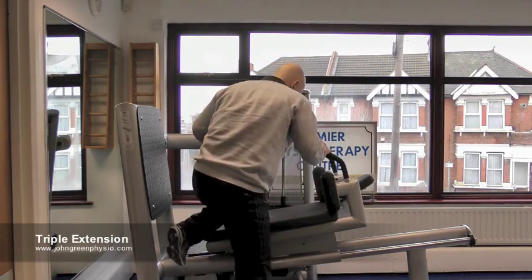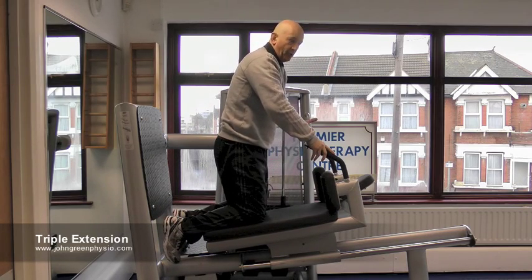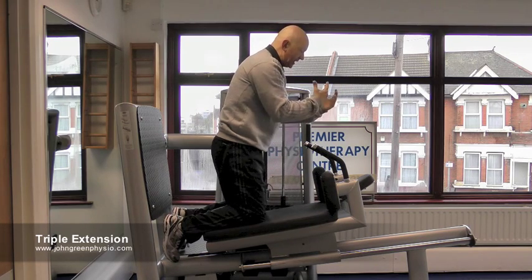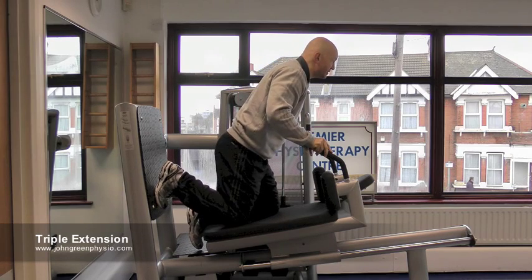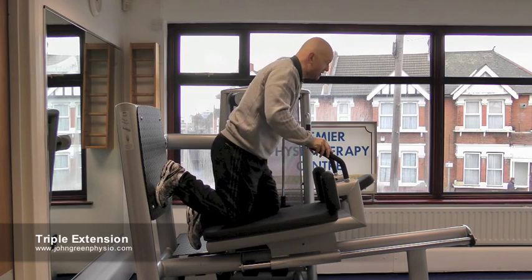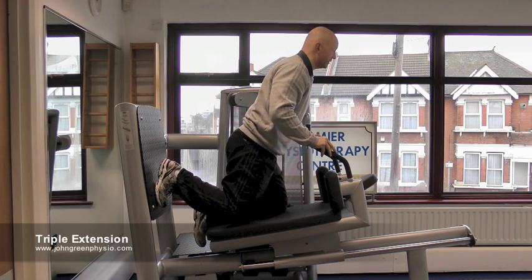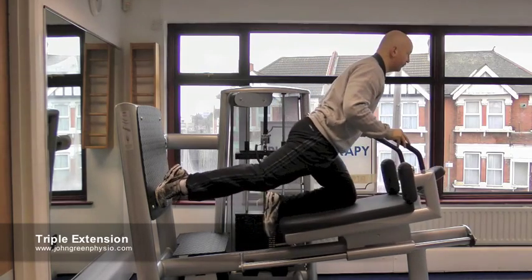Now, again, we've mentioned already that this machine in your gym may very well have a back on it and have a proper seat. If it does, just hold on to the seat, put your chest against it, and then you place one foot on the foot plate, as in this position here. The other knee rests on the bed of the machine, and then from this position I'll hold my body as if I was leaning against the back of the seat, and then you can now drive the knee fully straight